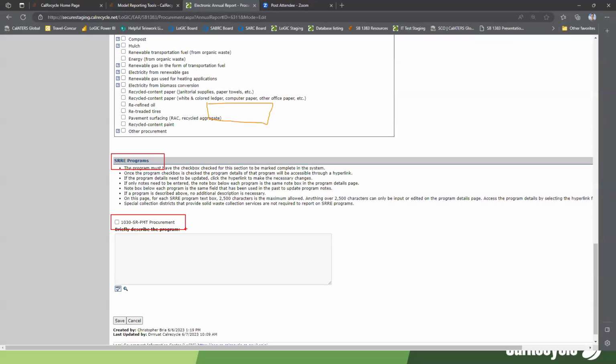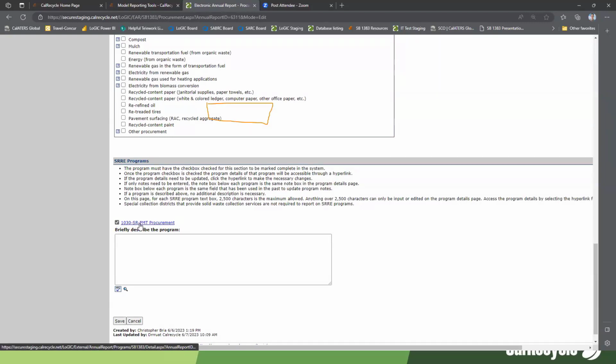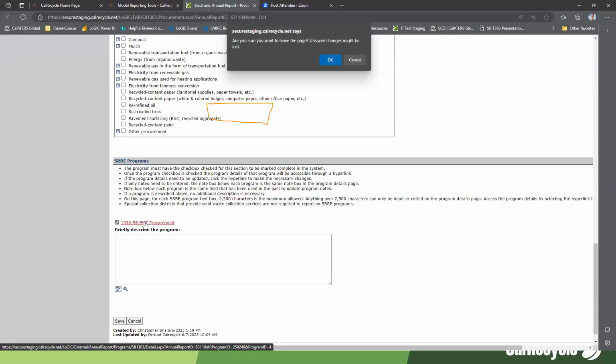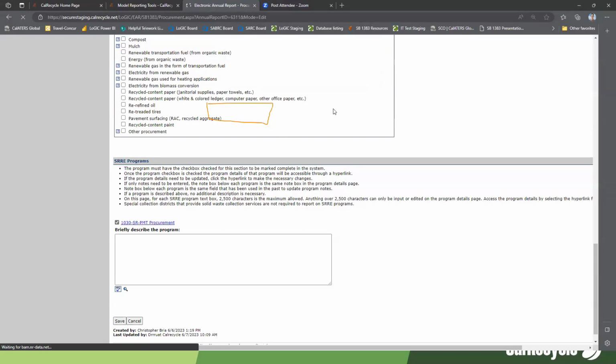you'll notice that there's a checkbox next to the program. So only the SRI programs that you have for your particular jurisdiction will populate in your report. In order to complete the page, you do have to check that box. You can see when I check that box, it creates a hyperlink here. So if you needed to change any information about that SRI program in particular,